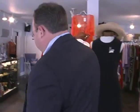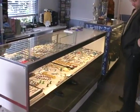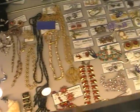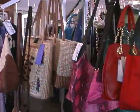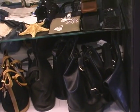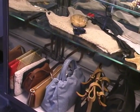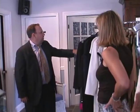And I see you have jewelry over here too? Yes, we get wonderful pieces of jewelry. We do fine jewelry as well as signed costume jewelry, vintage jewelry. So sometimes you can find really unique, one-of-a-kind pieces that you don't really find anywhere else. And purses? Yes, a lot of designer purses, watches, scarves, shawls. We have a lot of people that come in to buy presents for people. Really, like accessories? Absolutely. For clothes? Yes. And now,